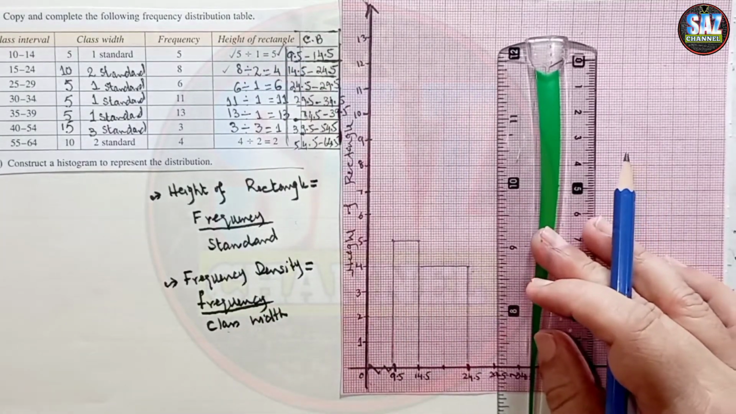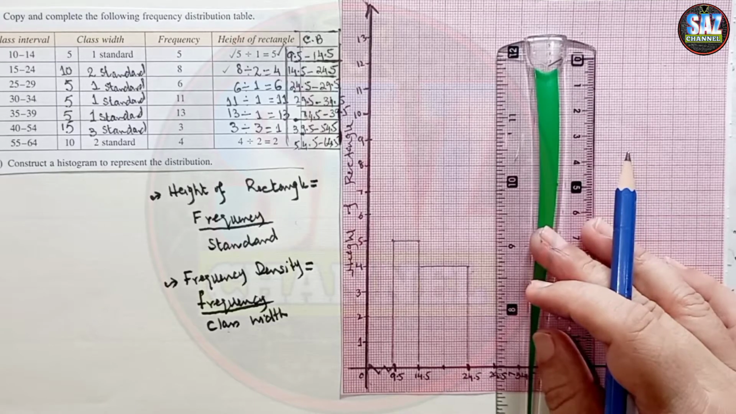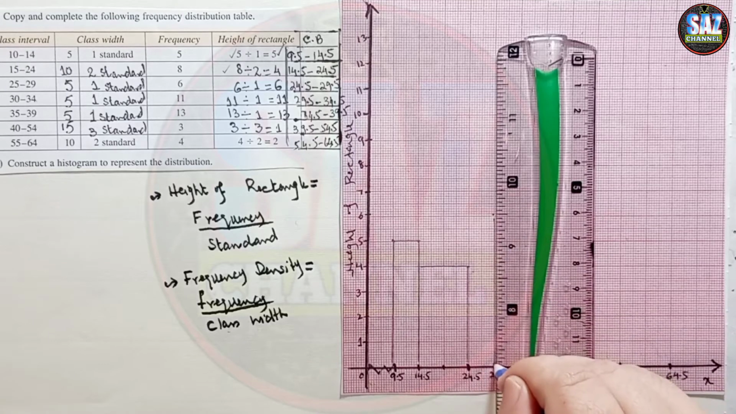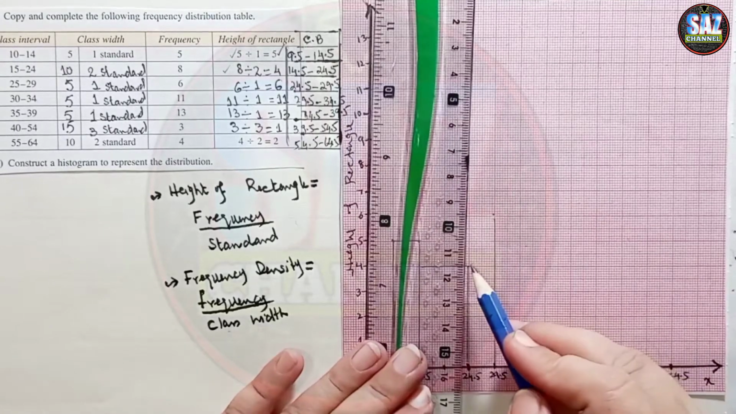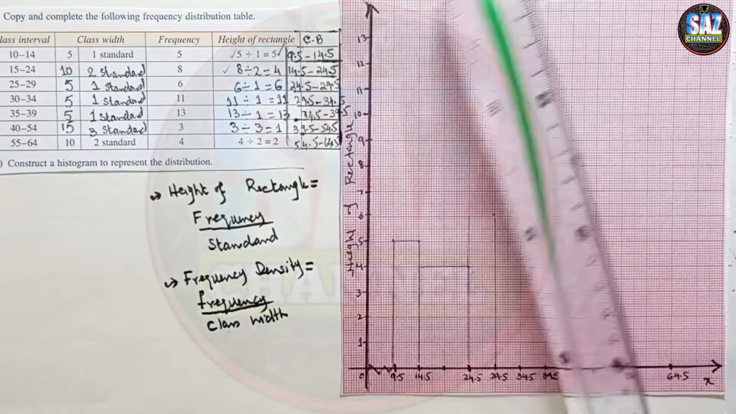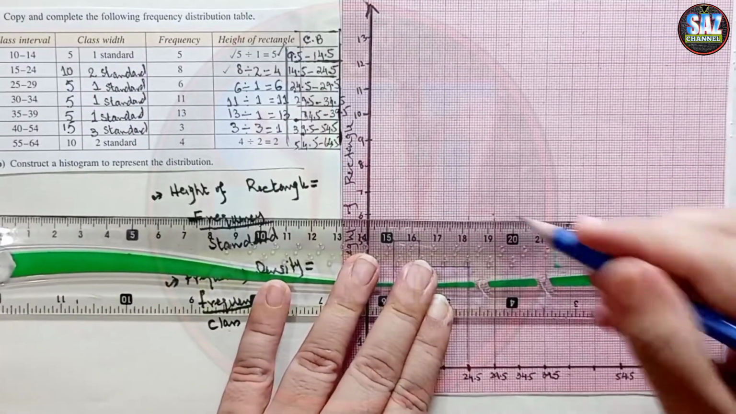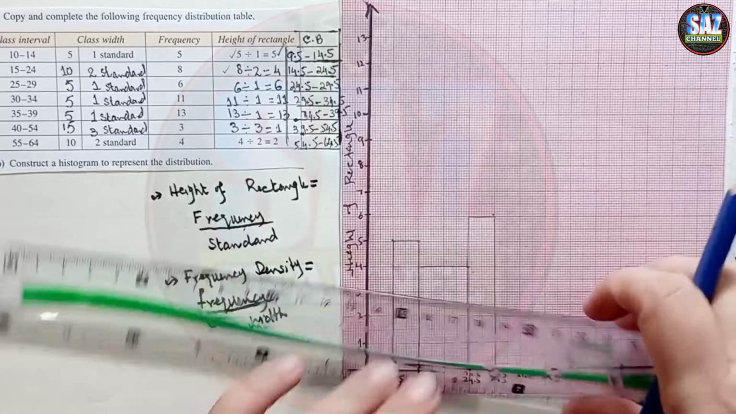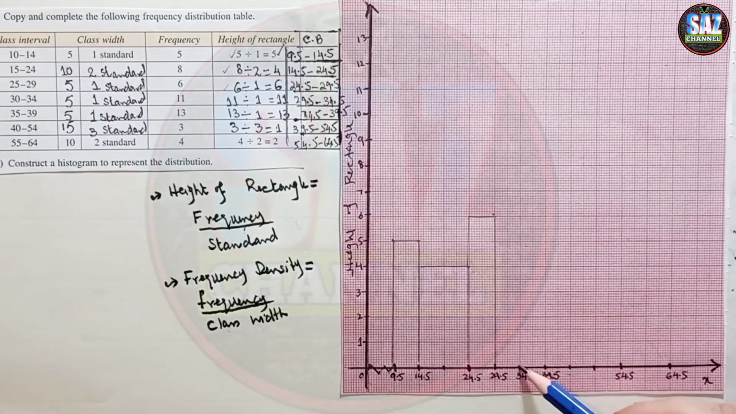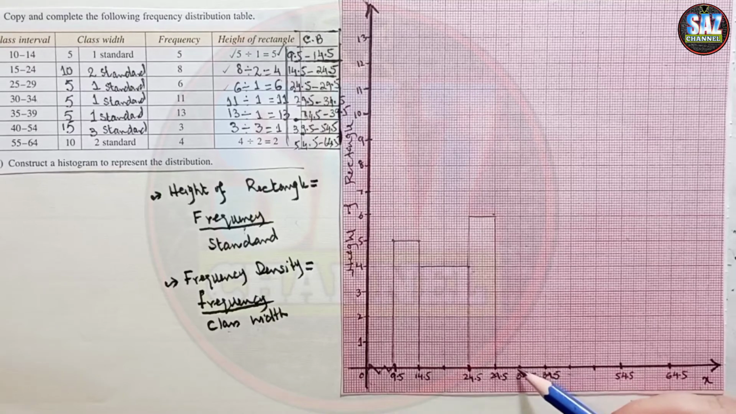Okay, then what I have to do, I have to reach in front of 6 and I have to draw the line here. Okay, draw the line at this place and complete the rectangle, and then we will be drawing the graph, completing the graph with permanent pen. And then for the next it's 11, but the standard is 1. For 30 to 34,